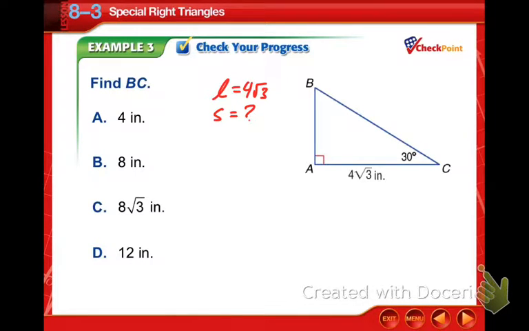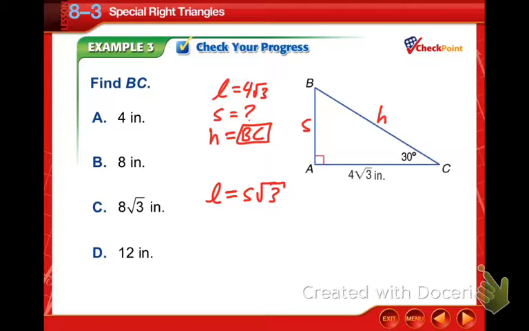But what we're really looking for here is BC, which is our H. So that's what we're really looking for here. But the problem is, in the process, we have to get our small side. So in order to do that, we need to use that formula first, and then we'll work our way to the hypotenuse. So we have our L, we know, is equal to S square root 3, but we said earlier,